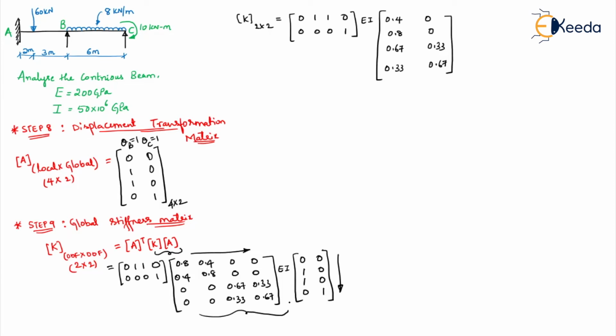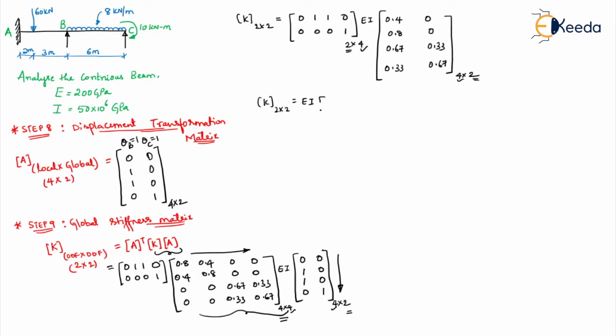So if you observe, this is a 4 into 4 matrix and this is a 4 into 2 matrix. So this and this are same, only then we can multiply. So what will be the final output? A 4 into 2 matrix. This is a 2 into 4 matrix. First you always write the rows, then you write the columns. Now in this, if you observe, this is 4 and this is 4. So what will your final matrix be? It will be a 2 into 2 matrix. So your K is a 2 into 2 matrix.